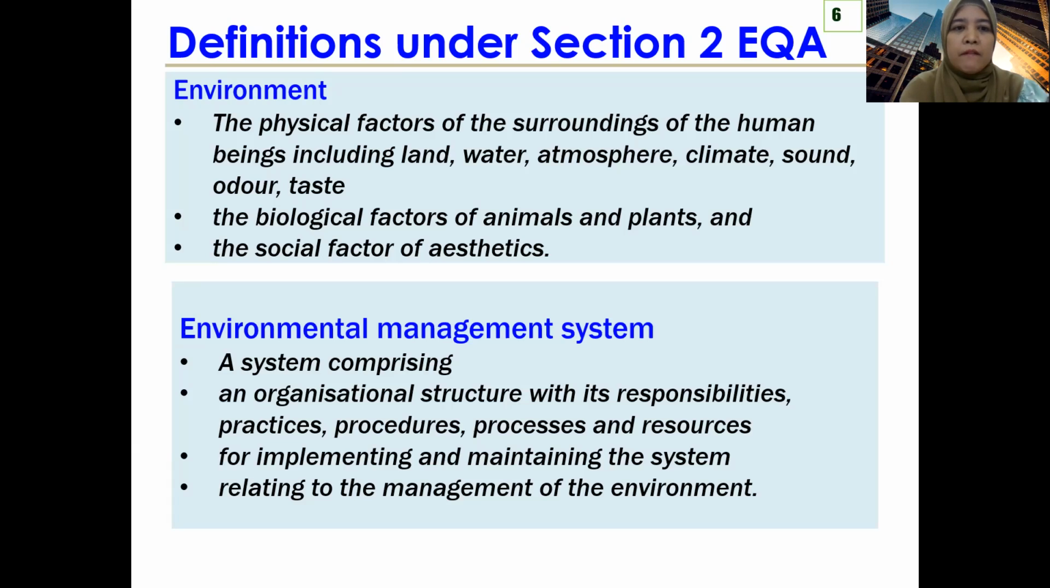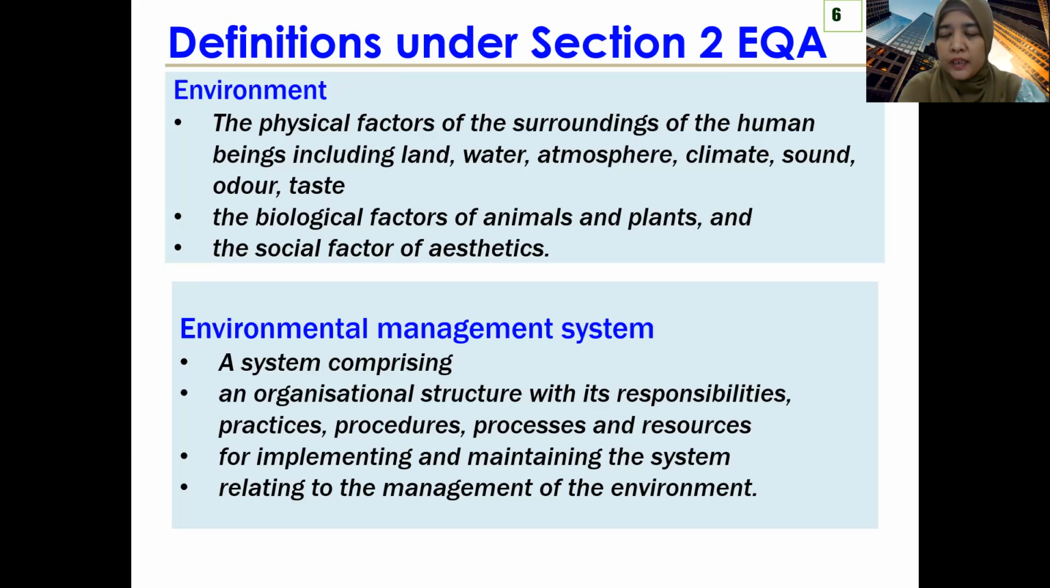What about EMS, the Environmental Management System? It's a system comprising an organizational structure with its responsibilities. So meaning it's a system which comprises an organizational structure, which means there is an organization, there is a hierarchy, there is an agency in charge and players or actors operating below the agency. Organizational structure with its responsibilities, practices, procedures, processes, and resources for implementing and maintaining the system relating to the